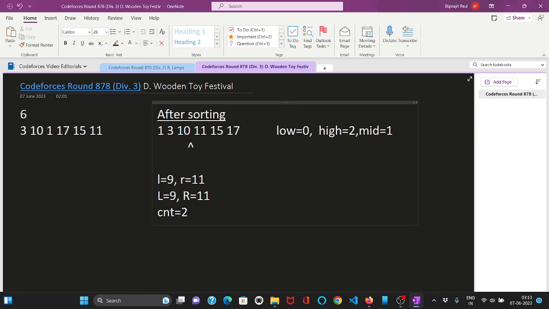Let's move to next index, which is 11. And for 11, L would be 10 and R would be 12. So the common between them is 10 to 11. So we'll shrink this range to 10 to 11. And let's move to next index,